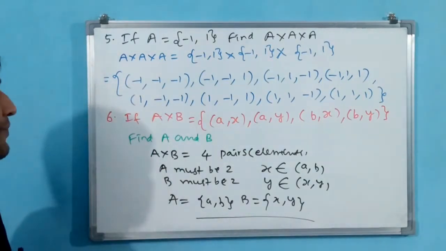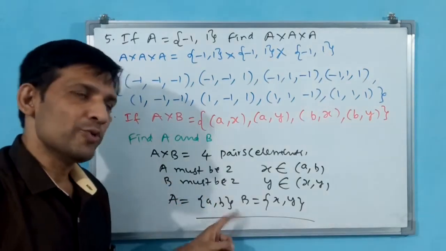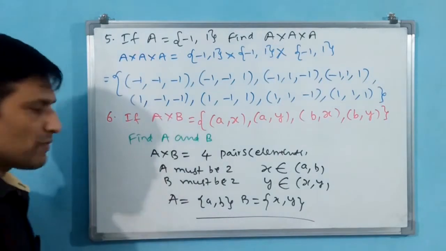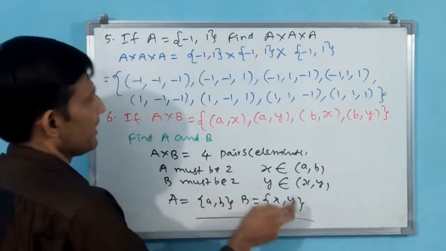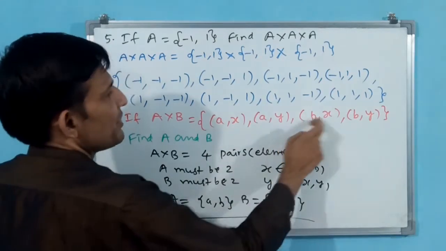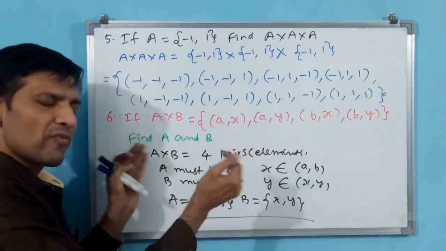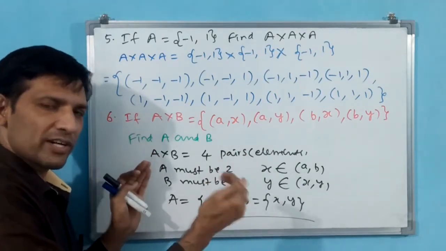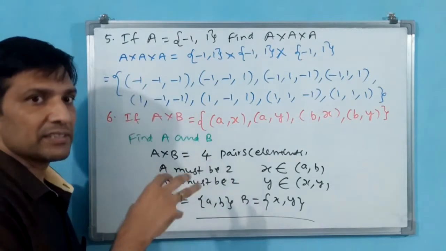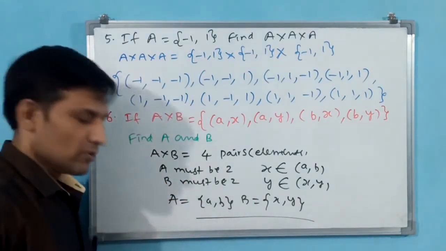Okay? Why? Because see, if you give A and B, you can make A cross B. You make A cross B with this, and the same will come: AX, AY, BX, BY. That's all. Okay? See, the number of elements is less, or the product is less. That is why you are able to find it. If more, you have to put concentration, or else you are going to make a mistake. We go for the seventh.